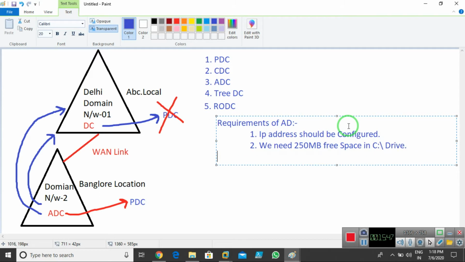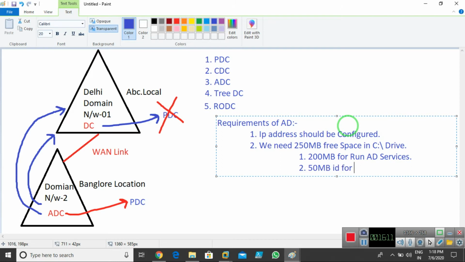Out of 250, 200 MB is for running AD services, and another 50 MB is for log files.